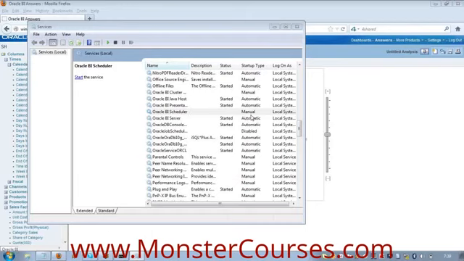But to start this, see, this is manual. To start this, there is some configuration process, right? When the time comes for scheduling and all, I will tell you how to configure this. But right now, just assume that it is to be configured manually by following some instructions. But what is the ultimate aim of Oracle BI Scheduler Server? To schedule the reports.